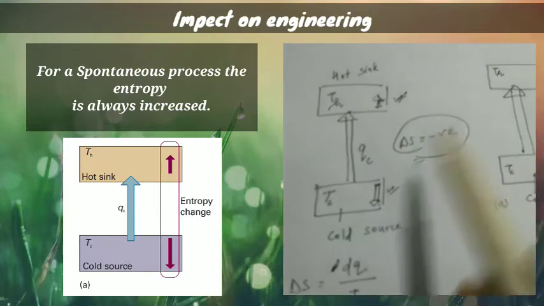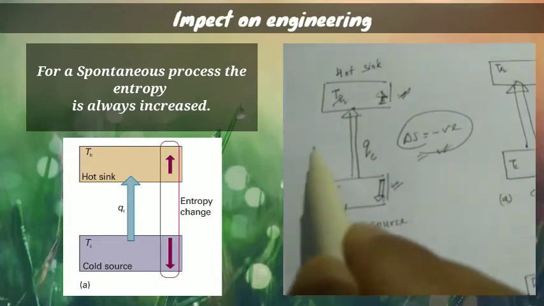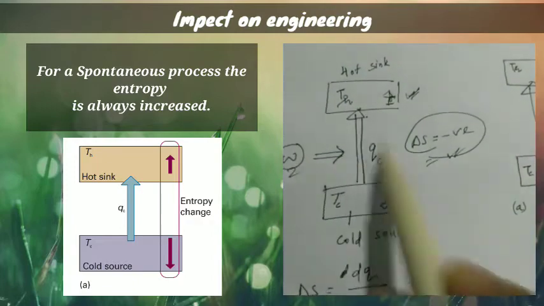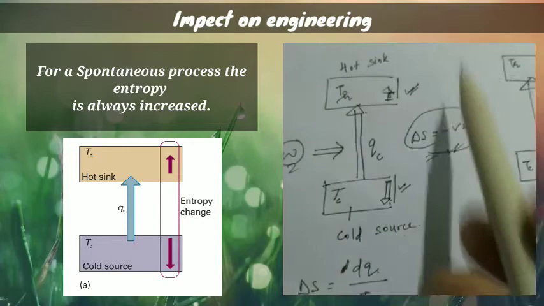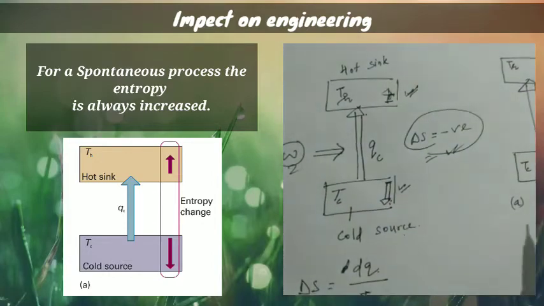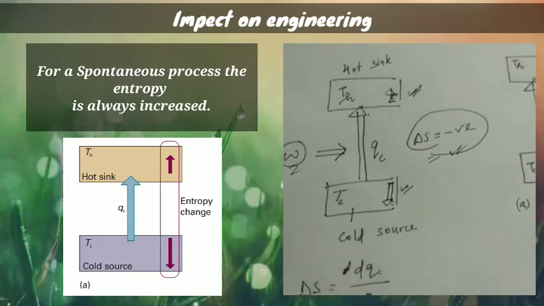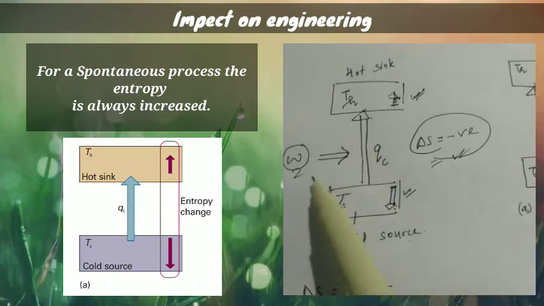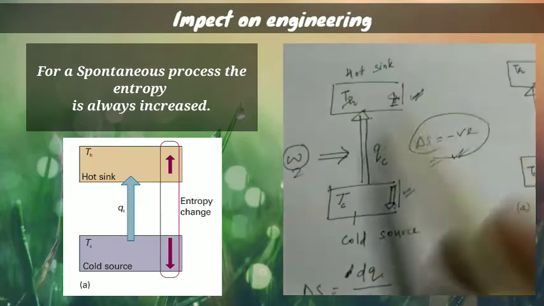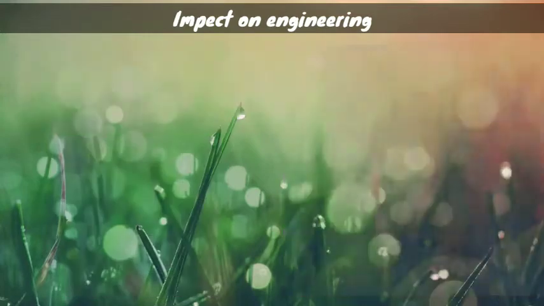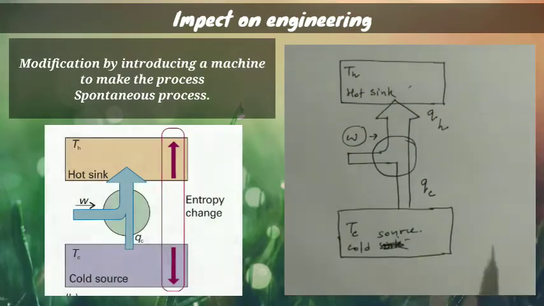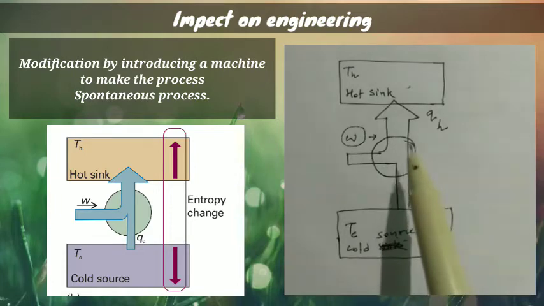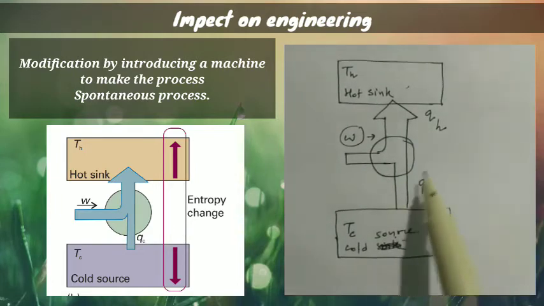So to make it positive, what do we have to do? We have to do some external work on that system to make the process spontaneous. So let us now discuss how we are going to do some work, or what amount of work we have to do to make the process spontaneous. Suppose this is the new setup. Here we introduce a new machine,